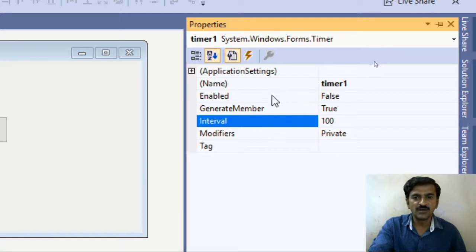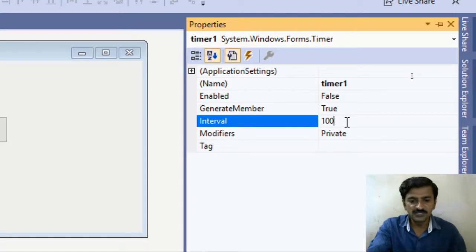So I'm keeping all the default properties here, which means the timer is going to perform the task that we provide to it after every 100 milliseconds. 100 milliseconds is what? As you know, in a second there are 1000 milliseconds.